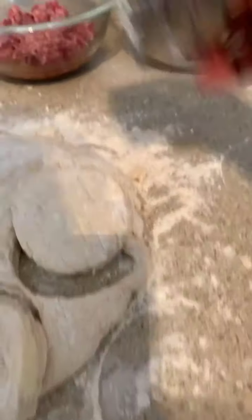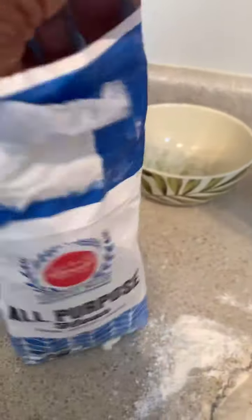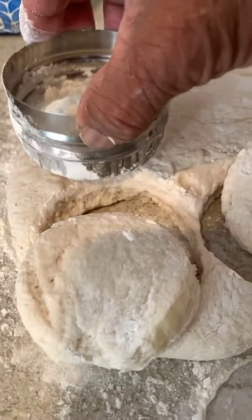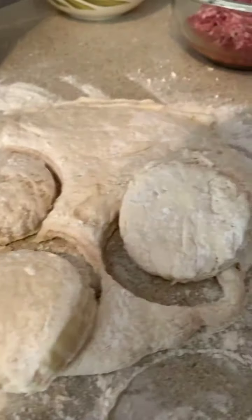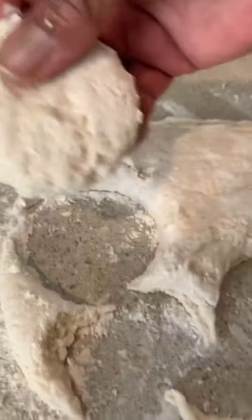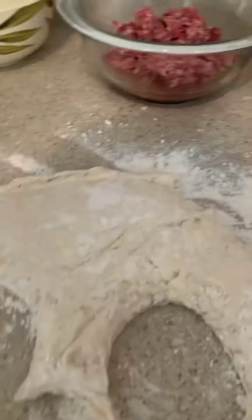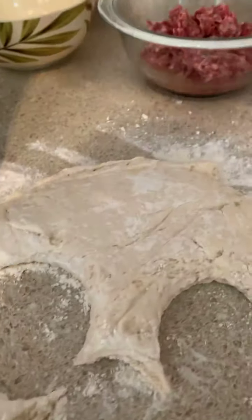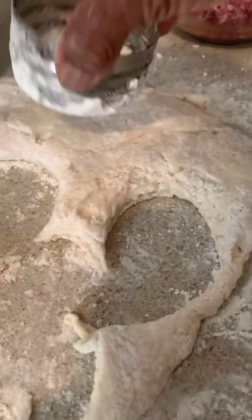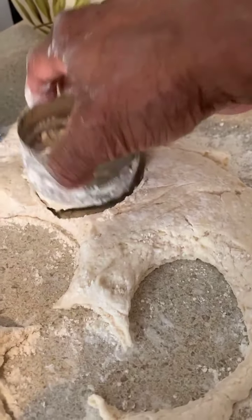Okay. Let's dip it back in the flour here. And we're gonna do three biscuits. Now these biscuits are gonna be really, really great. It's a homemade recipe. It's been in the family for several years. And I'm only cooking for about maybe 3 people this morning. So, if they're not that greedy, I don't need that many biscuits. That's 5